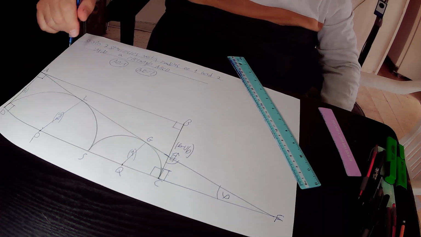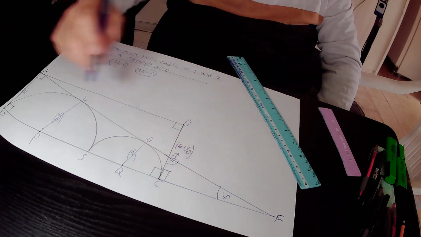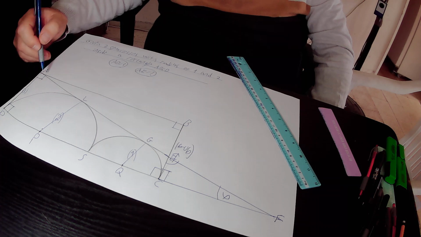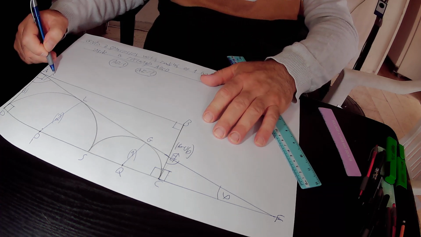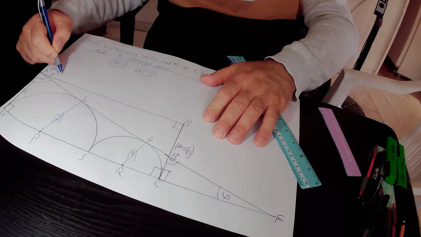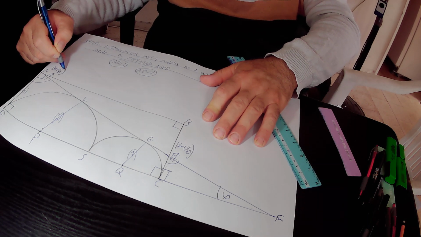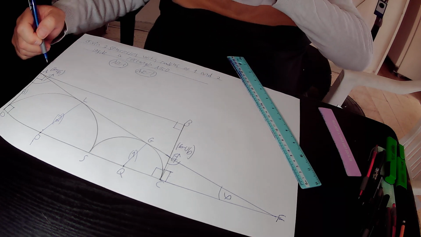Likewise, in the big right triangle ADF, this angle equals alpha, this angle equals 90 degrees, and therefore this third missing angle must be equal to 90 degrees minus alpha according to the same rule that states that the sum of the angles in any triangle is equal to 180 degrees. Okay,